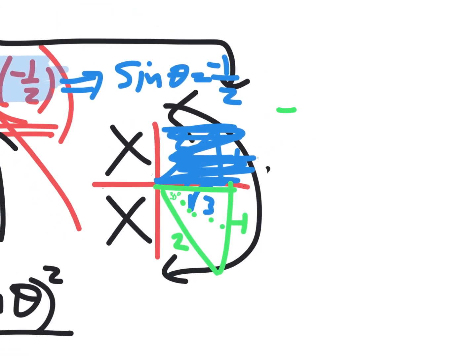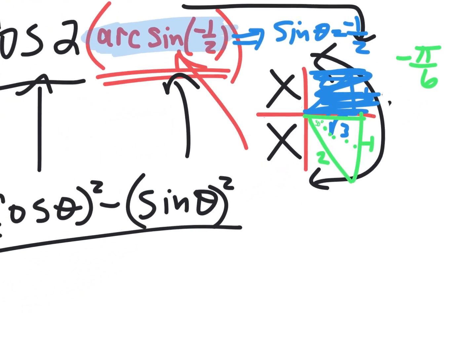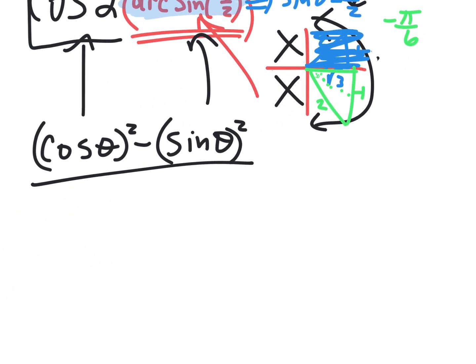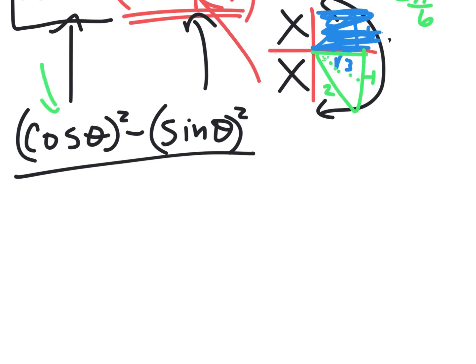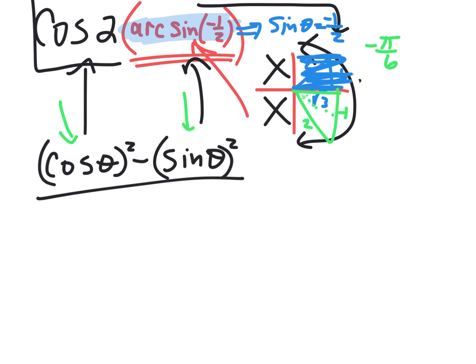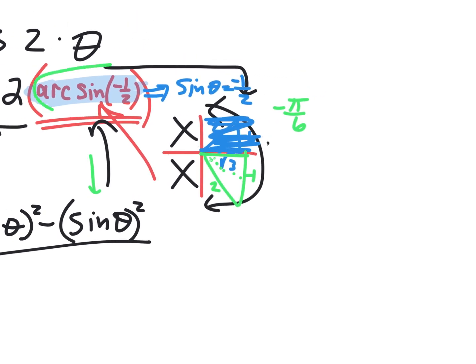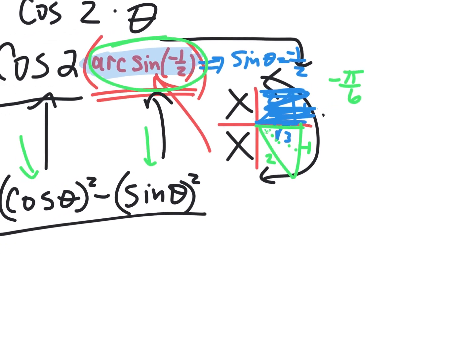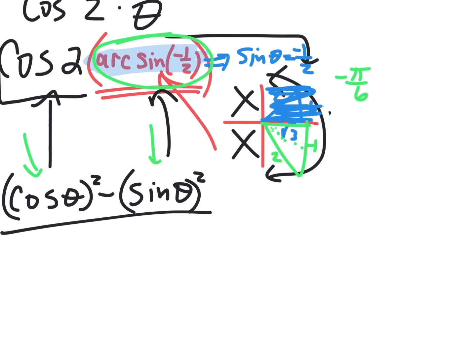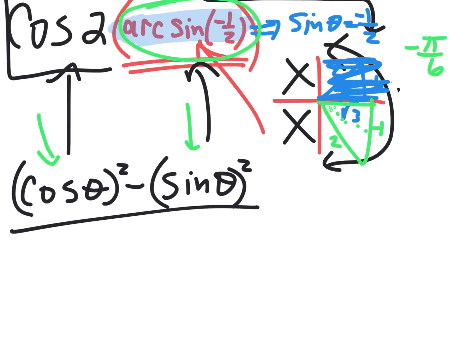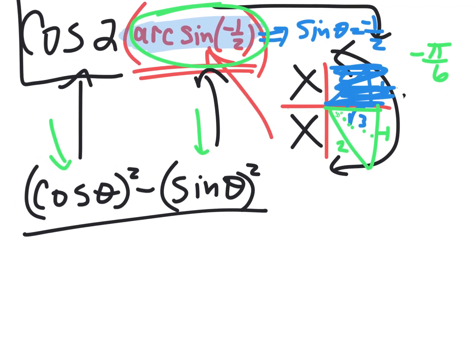Now, the bigger question is, what is cosine of it squared and sine of it squared? Because see, we used this to figure out the angle, but then if I was going to try to get cosine of 2 theta, I would go to the sheet, write down what it is, which I did right here. And then I'm trying to figure out